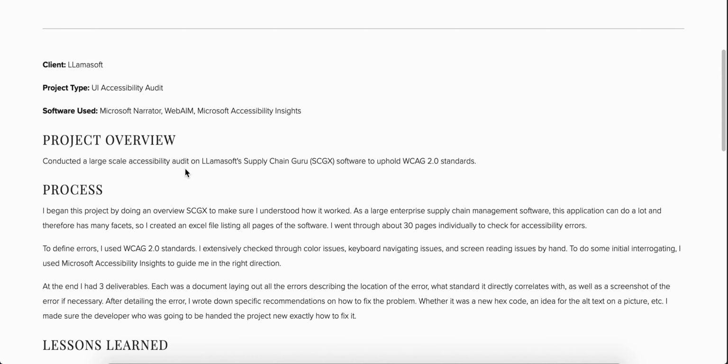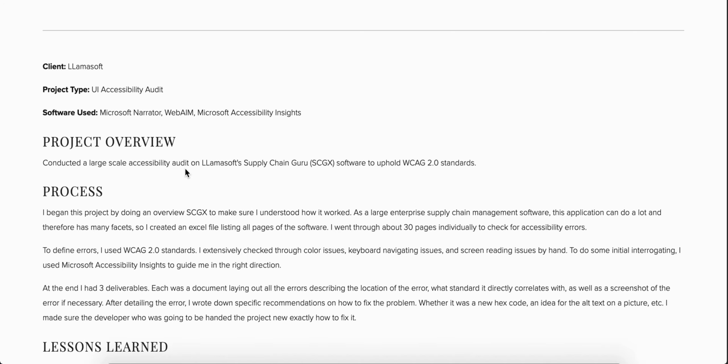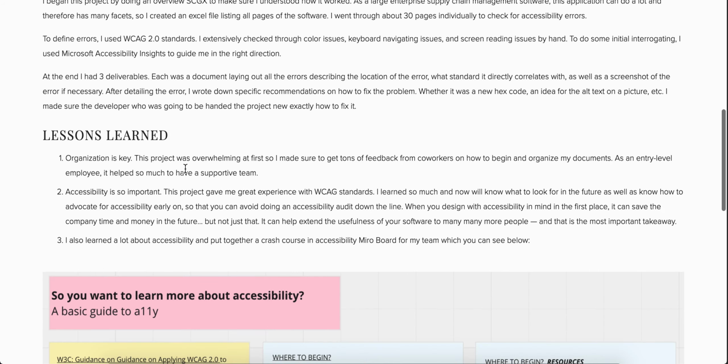So the reason I don't really have any pictures on here is because I wasn't sketching or doing anything like that. I was mostly creating reports, and I can't put the reports on here because that's confidential information, but I did put together a basic